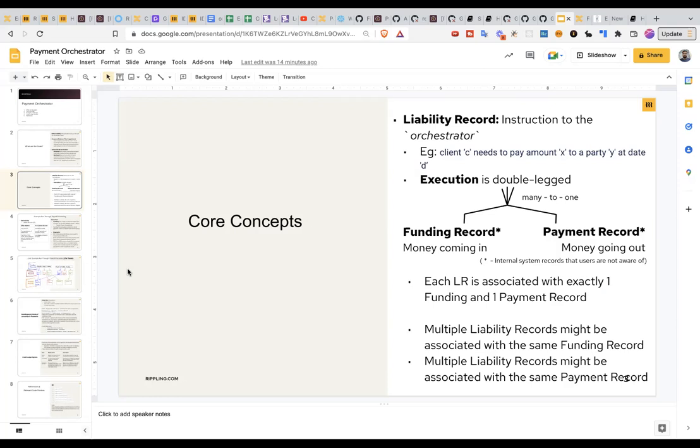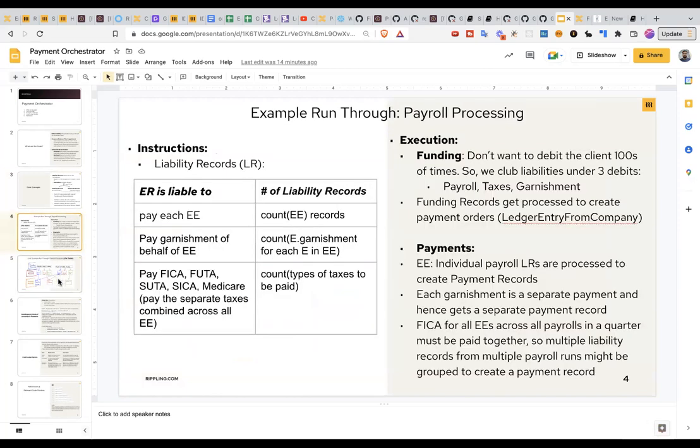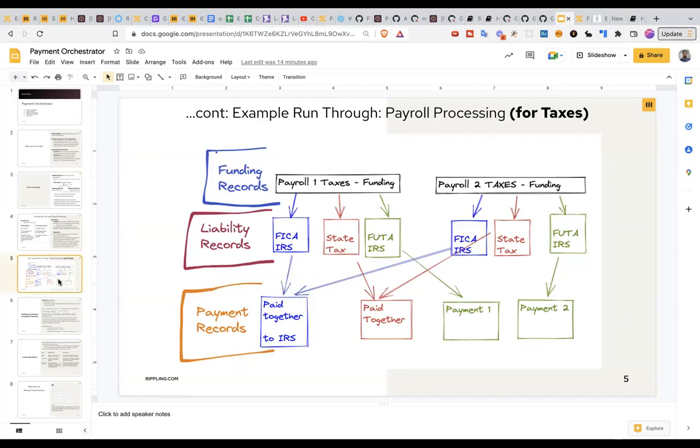So now we want to give clients, the users of the payment orchestrator, the flexibility to group it as they like, right? So one example. The flexibility? Sorry, whom do you give the flexibility? Like it's fixed, right? The FICA, all those things. Those frequencies come from tax agencies to us, right? Correct. Tax agencies to the clients, but yeah,